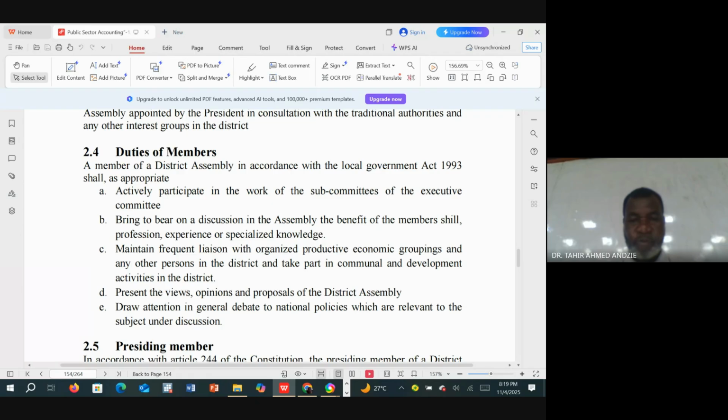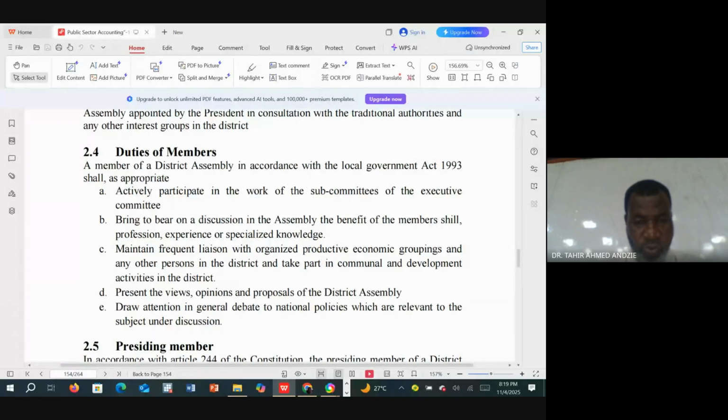So in the district assembly, we have the subcommittees. Every assembly member may have to be part of the subcommittees in the assembly. We have the committee for finance, committee for development, committee for planning, and all those committees. The members must participate in the work of the committees. They will bring to bear on the discussion in the assembly the benefit of the members' shared